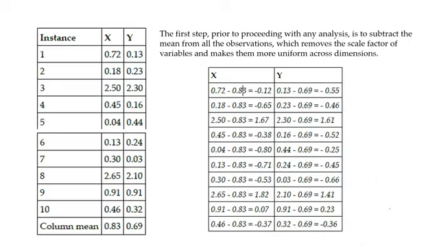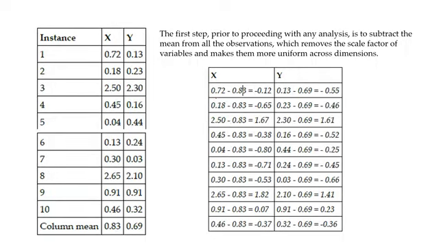Now let's take the data side of it and understand. I've taken this data. What I did is I found the mean of every value. This is the mean of this particular column X, which is 0.83. Why are we doing this? To bring the values to the same scale. You can also do standard scaling or min-max normalization.